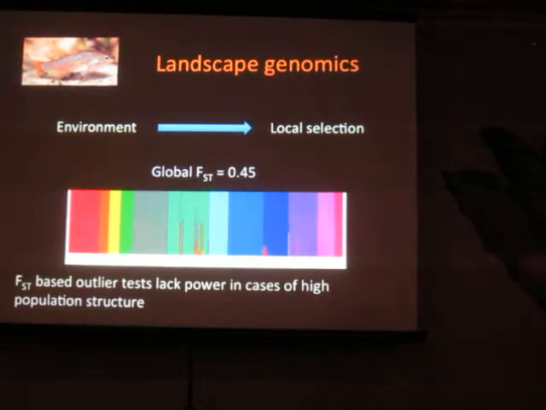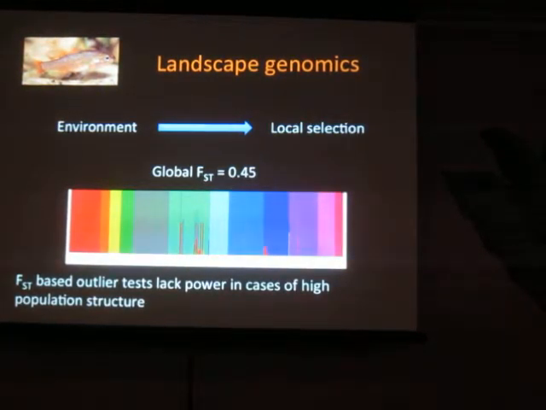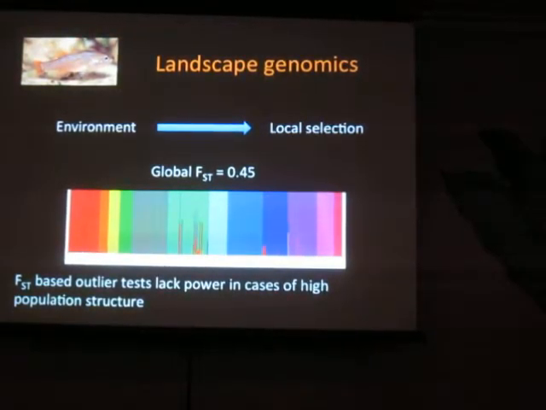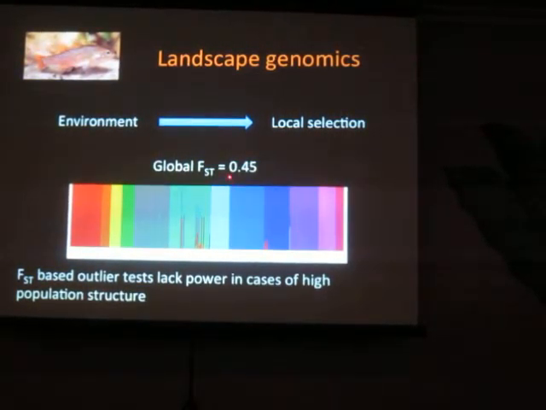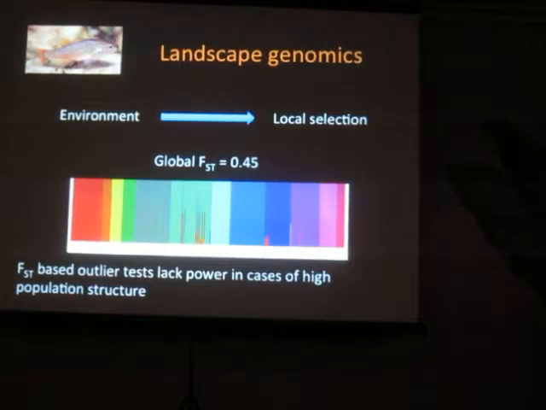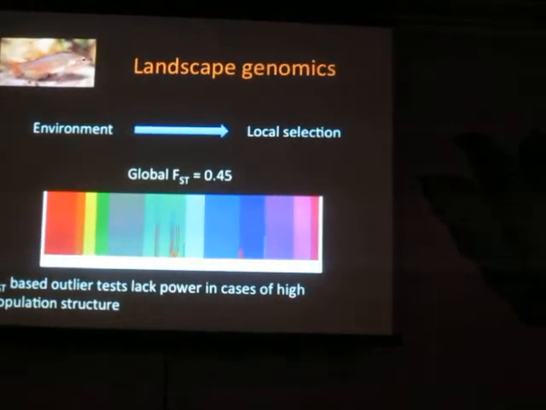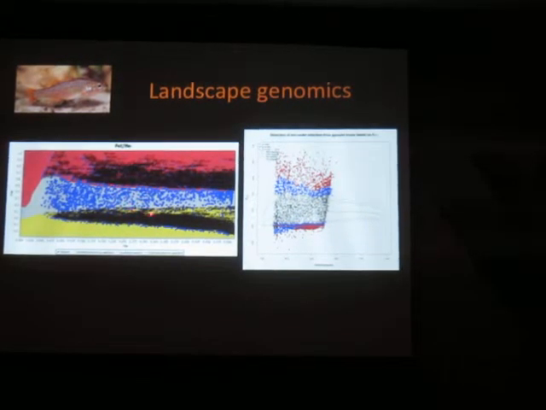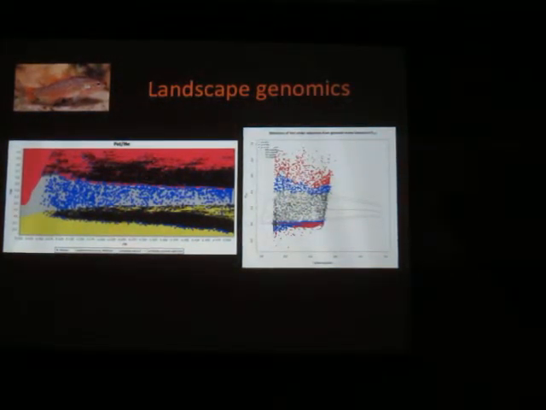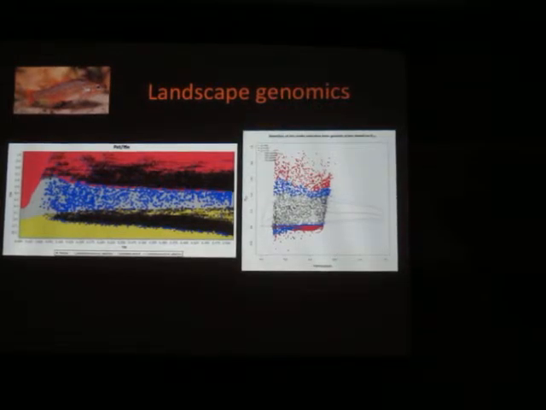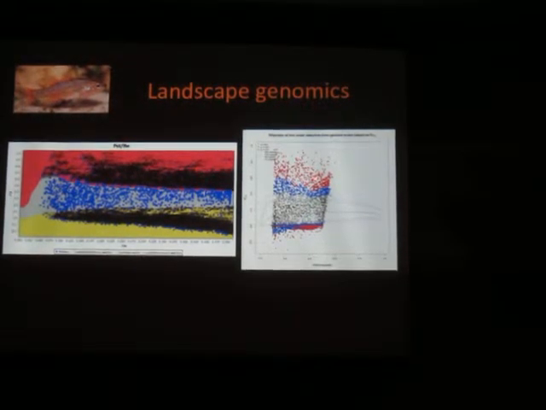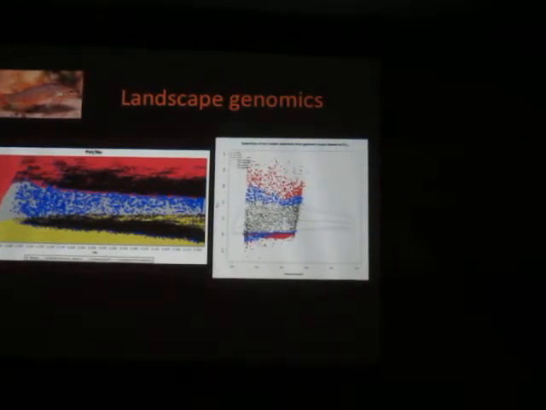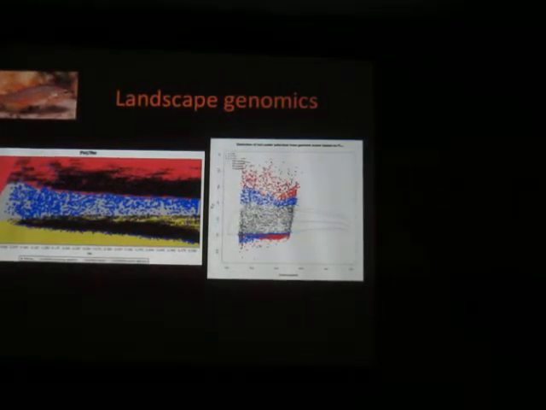So the next thing I want to talk about is how the environment might be influencing local selection. And the most common method for doing this at the moment are the FST-based outlier tests. But when we have a global FST approaching 50%, they tend to give you a lot of false positives, and you end up with results that look like that. So in the case of loss 10, we apparently have more outliers than we do neutral loci, and it doesn't get a whole lot better when we use an algorithm which can supposedly cope with some degree of hierarchical population structure.